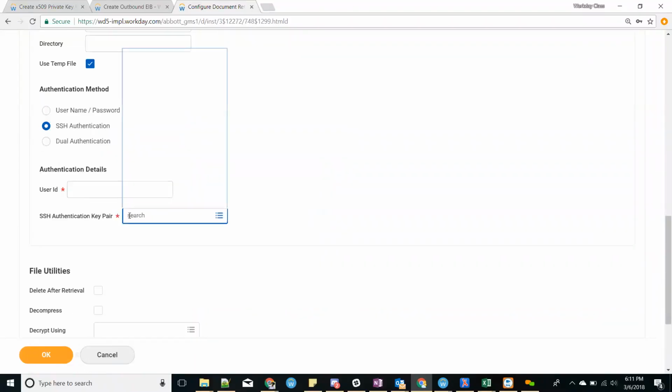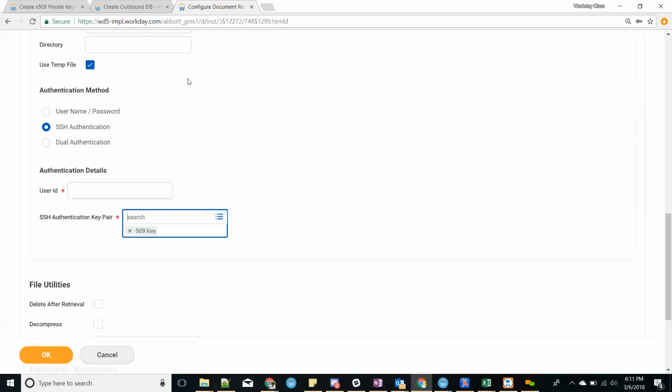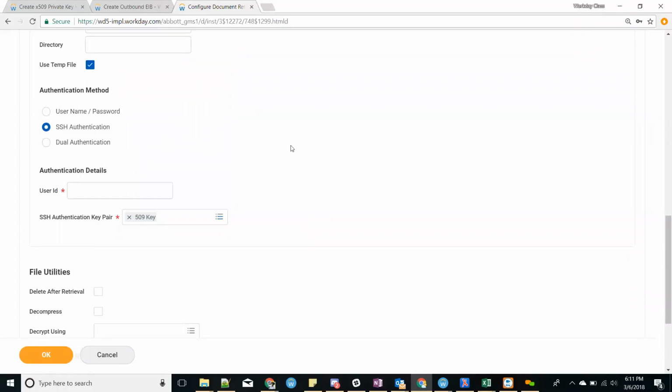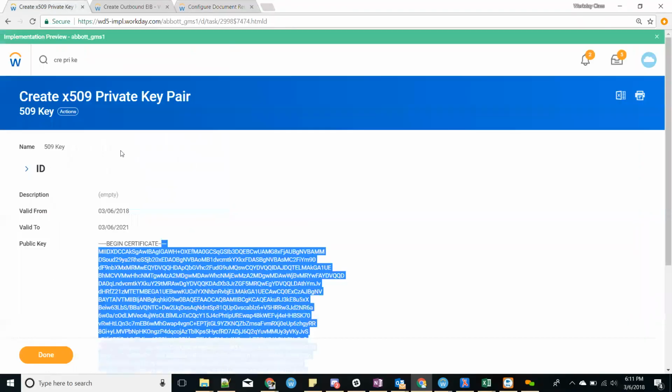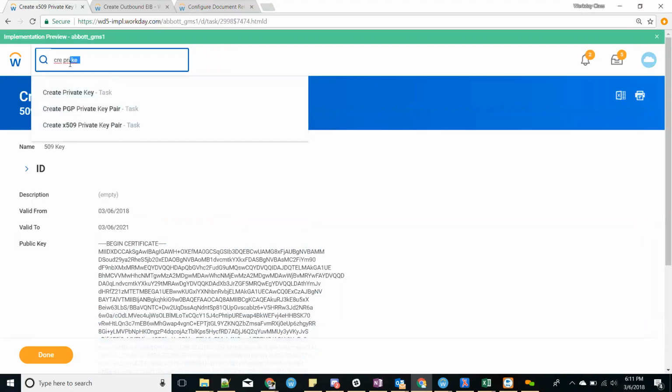Right, SSH authentication, and then I use my private key to actually go and connect to the server. So that basically authenticates that I am the true owner of the key pair for the public key that we have already shared with them, right? So that means we are pretty much securely authenticating using this X509 key, right? We typically don't create the X509 private key